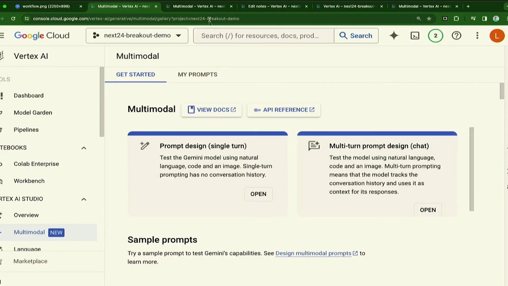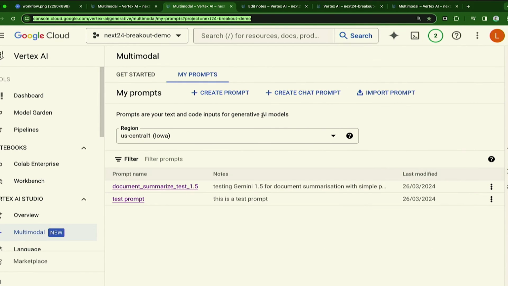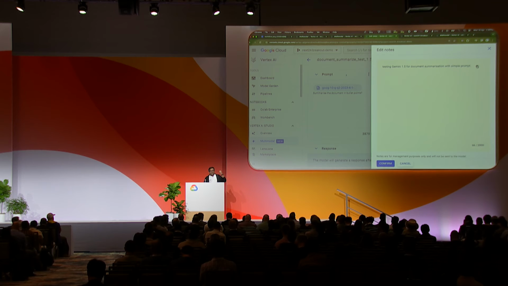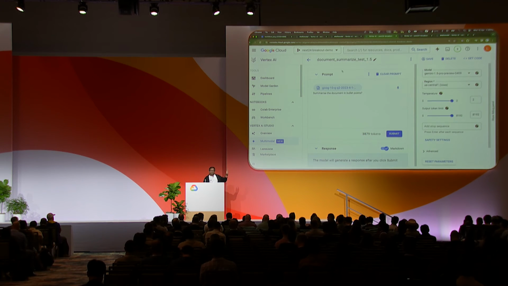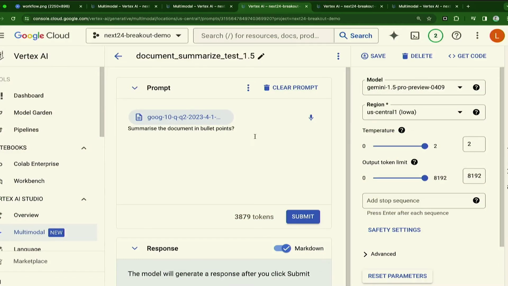So for example, if you go to your prompts, there's an option where you can create prompts, either the chat prompts or this. The thing is, again, like I said, you will not always get the answer in the first prompt. You do different versions of the prompt. You might do different experimentations with the prompt by changing certain aspects. What Vertex does, and soon we're going to add a lot of other features to it, and we have announced a bunch of features this time, is that you can directly create the prompt, and then when you write the prompt in the same studio,